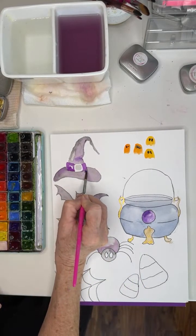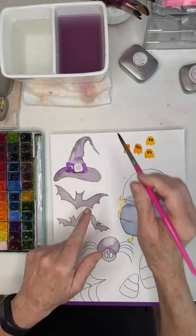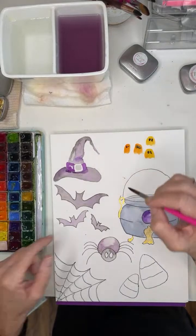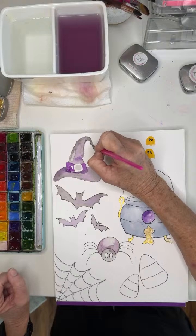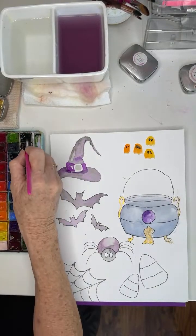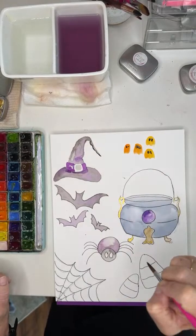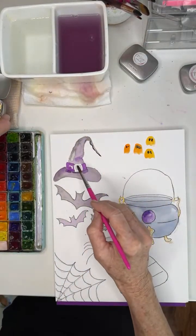I'm constantly buying paint, so I'm adding in just to look like maybe a bit of a shadow underneath. And then I'm going to add a shadow just on the end of her hat there. Oh, I smudged his little eyes. So just with the tip of my number 8 brush here, go in and draw in just a tiny, tiny line. So light pressure with my brush, like that. And let's go in with that gold again and make that little,